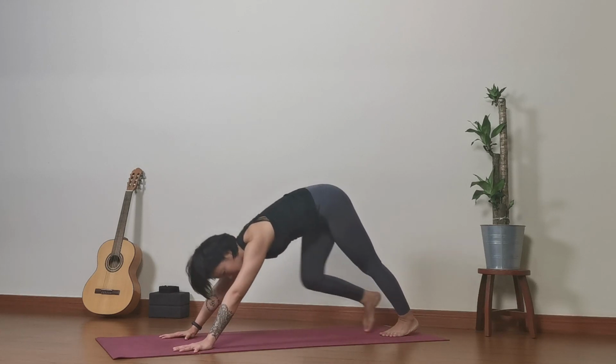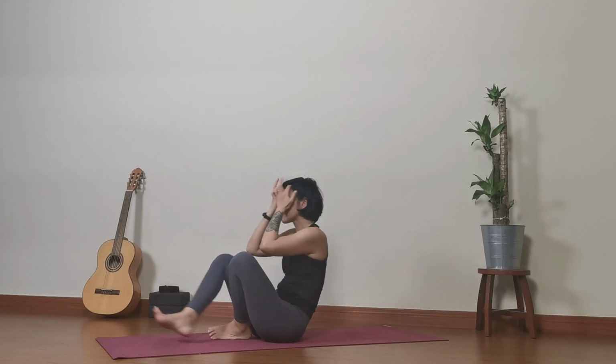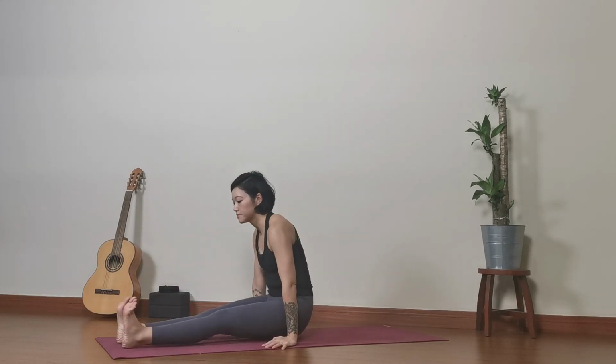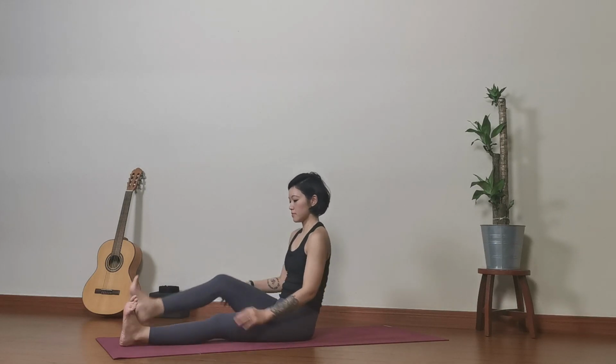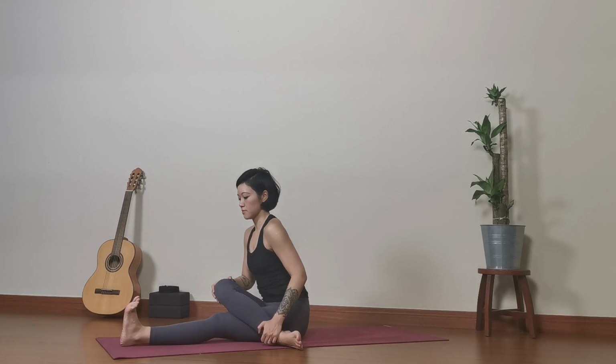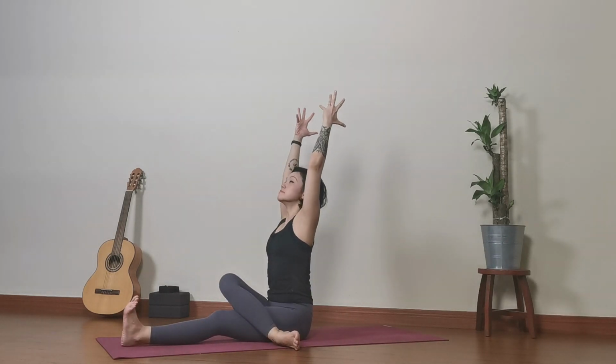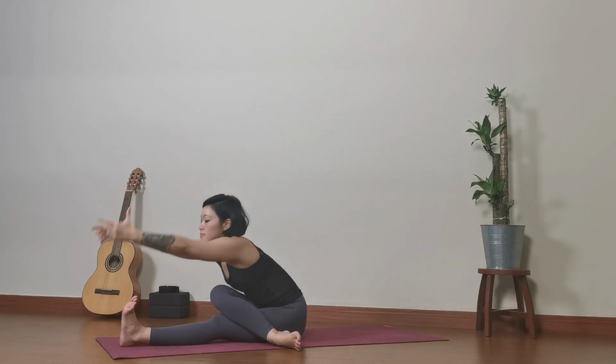Now we're going to cross the ankles forward, coming to sit. Lower the hips down. Straighten your legs towards the top of your mat. Okay, so now you're going to bend into your right knee, cross your right shin over the left thigh. So you should feel closing down of the hips. Flex into your left toes, inhale, exhale, fold all the way